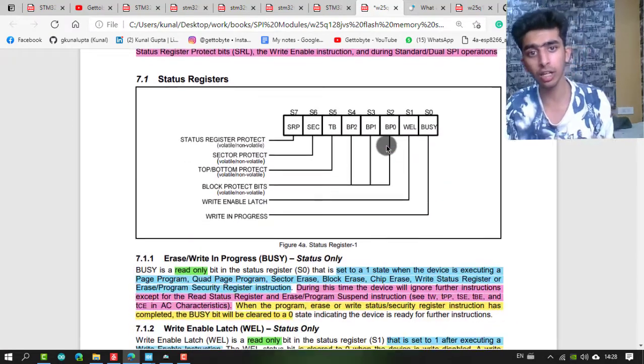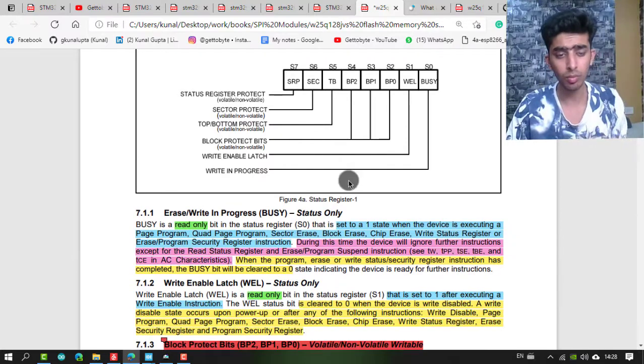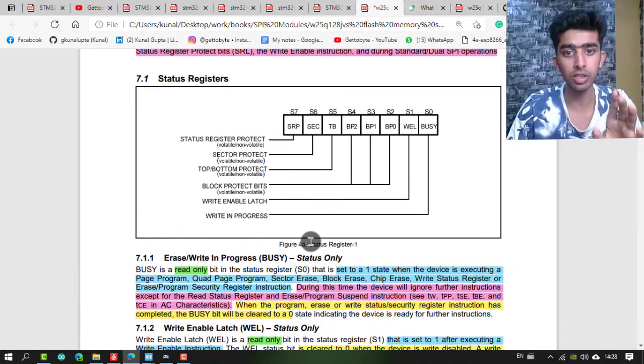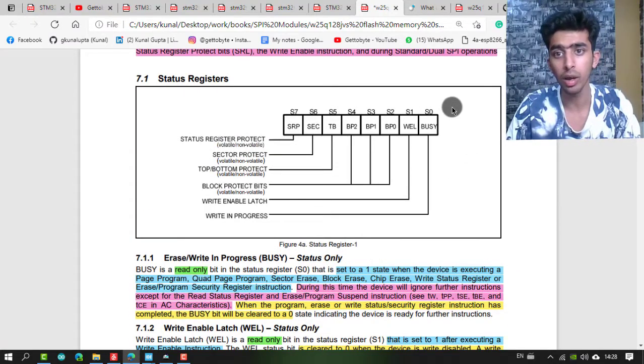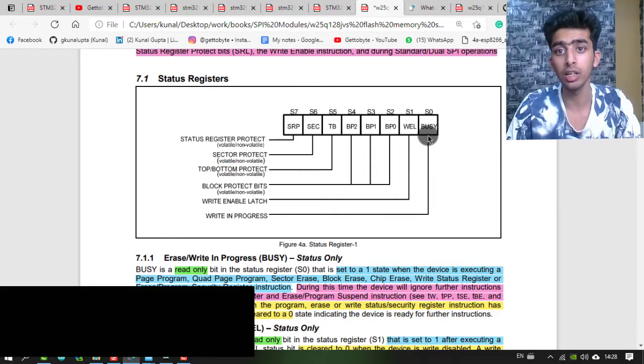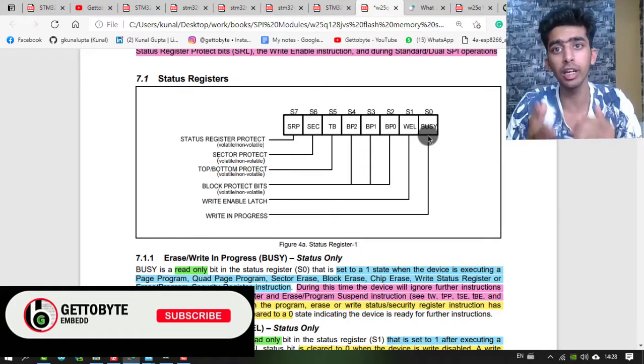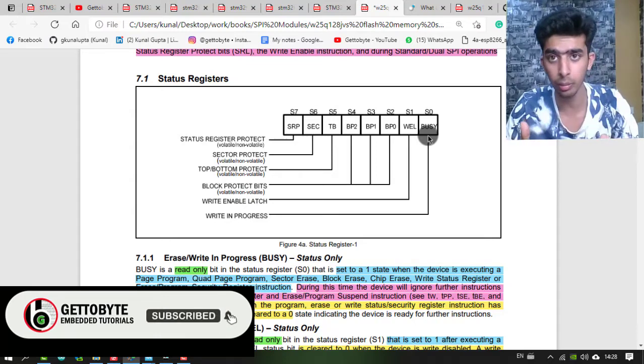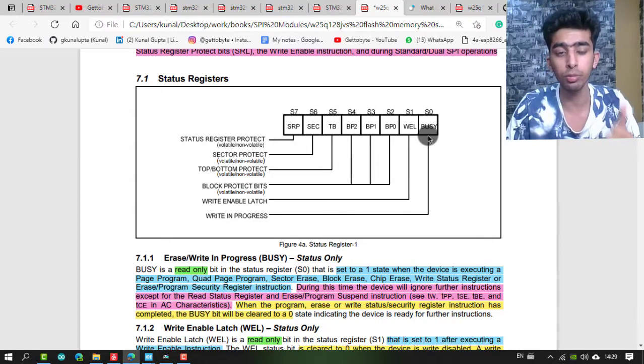Now, starting with status register 1. The first bit in status register SR1 is the busy state. Busy state, as its name suggests, tells whether I can write to my chip or not. So correspondingly, I can use this bit as a while loop kind of thing. Then the WEL bit, write enable latch.